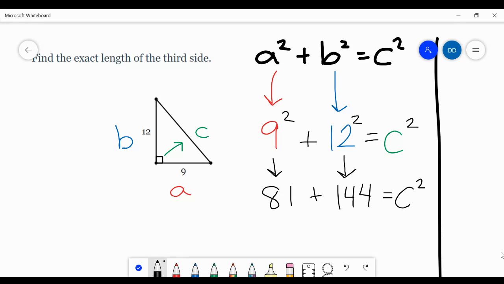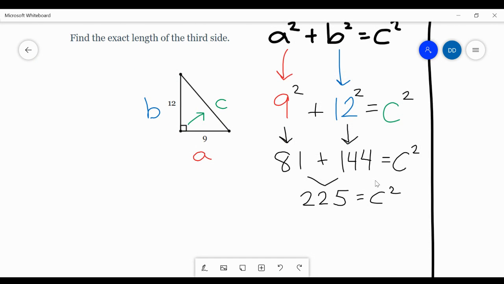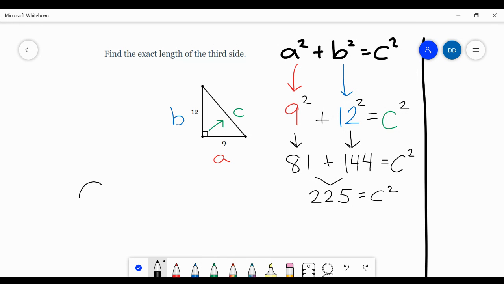From there, we're going to add these two values, 81 plus 144, and we're going to get 225 equals C squared. Just going to move down a little bit. So we're almost there. But remember, whenever we solve an equation, and I'm going to just move it over here,